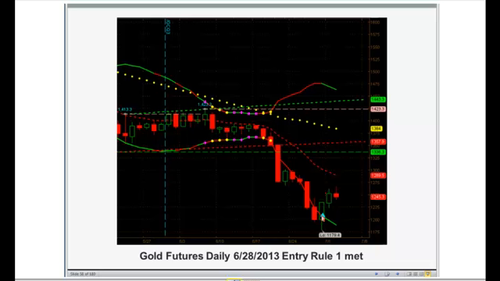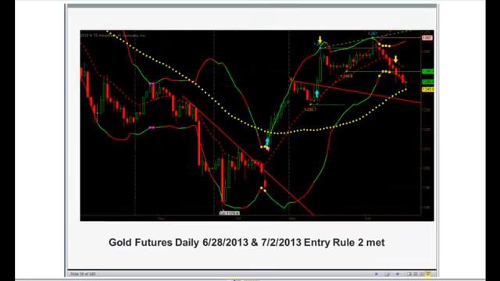So if you look here, gold had that huge sell-off, and then it was oversold basically, and our system was showing one-step rule that we had met. We call it Rule 1, and it's based on the daily time frame, and certain parameters were met there. Then the next rule was met based on the 60-minute time frame, and this was on the 28th of June, which was last Friday. So the system that we use actually went long gold based on the 60-minute time frame on Friday,